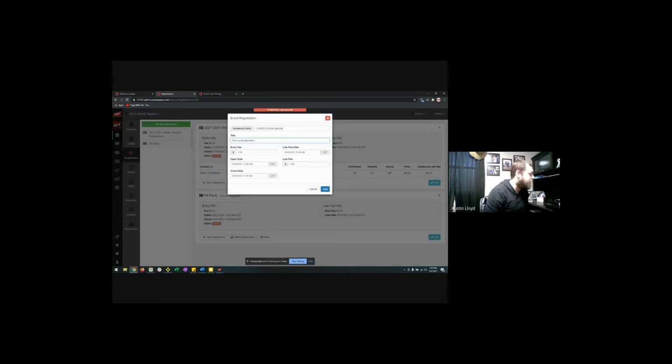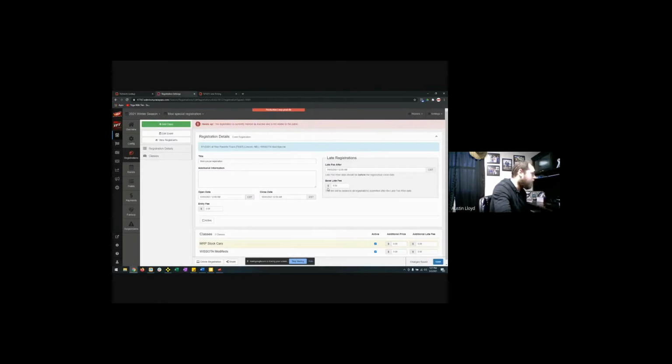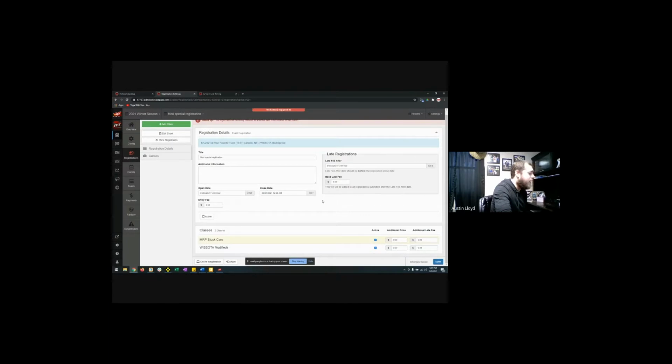You can obviously see here as well, there's a date that it opens, a date that it closes. If you're going to have some kind of late fee, for registering the week of the event or something like that, you can charge that late fee as well. So we'll go ahead and add that. And there's your event registration for our May 1st event that's going on. You can add additional information that you want drivers to see when they register right here as well. And then it